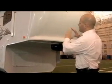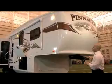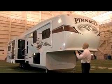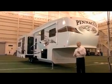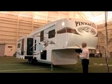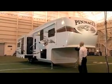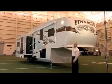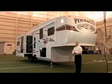First, start by getting a good picture of the exterior here. Jayco uses on the Pinnacle what's called Gel Coat 360. 360 degrees all the way around, this entire unit is gel coated. What that means is the compartment doors, the baggage doors, the entry door, the slide outs, the side of the slide outs, every part of this on the exterior where you see this white high gloss shine is gel coat. Why that's important is because it's going to last longer, it's not going to sun fade, and that's true for